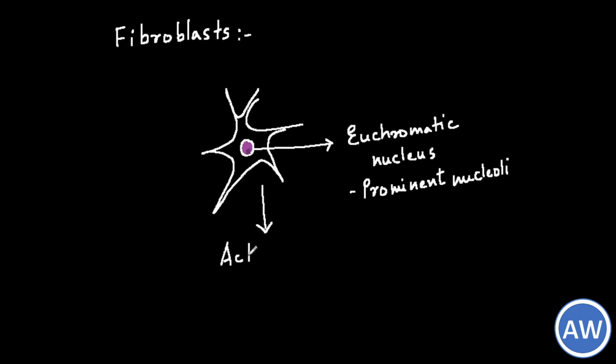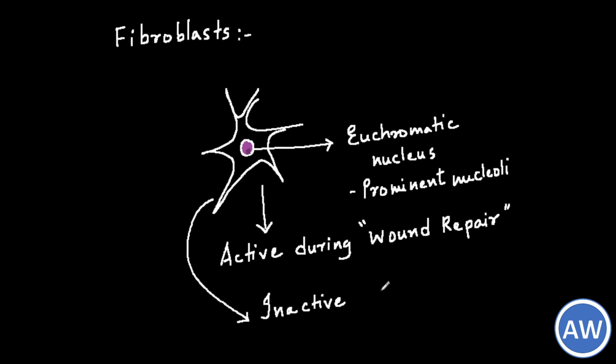Fibroblasts become very active when there is a need to lay down collagen fibers, that is, during wound repair. When the need arises, these fibroblasts divide and give rise to more fibroblasts. Once the fibroblasts are inactive, the cytoplasm becomes scanty, organelles are few, and the nucleus may become heterochromatic, and the inactive fibroblasts are known as fibrocytes. The fibroblasts, however, are regarded to be specialized cells and cannot convert themselves to other cell types.